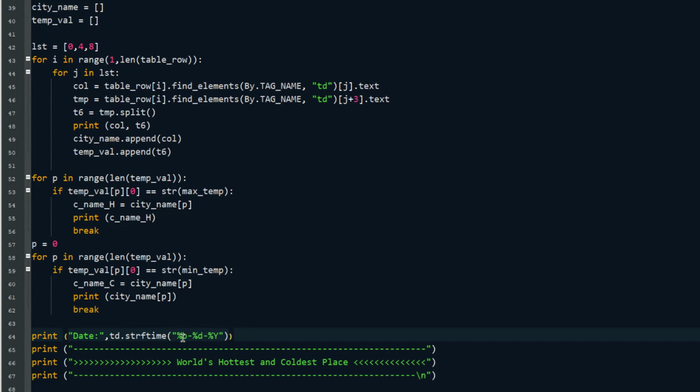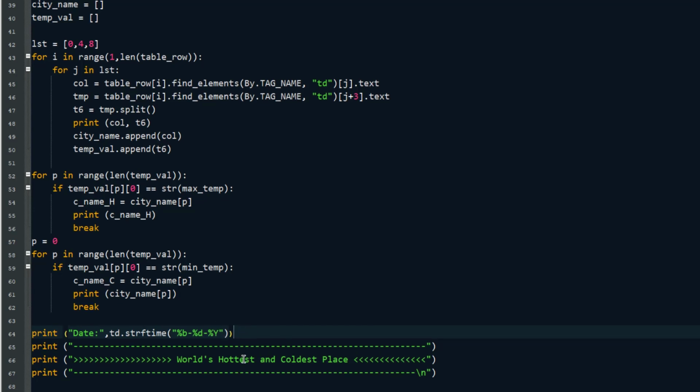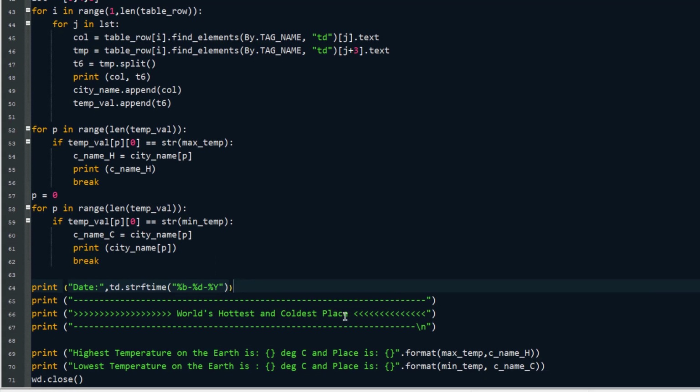So this will give me June, the date, name of the month, day and the year. And the world's hottest and coldest place, I have printed the information using a formatted string, which is the temperature on earth is the first element, which is maximum temperature, and the place is the second element, which is the name of the city. I hope this makes sense and you got the information.